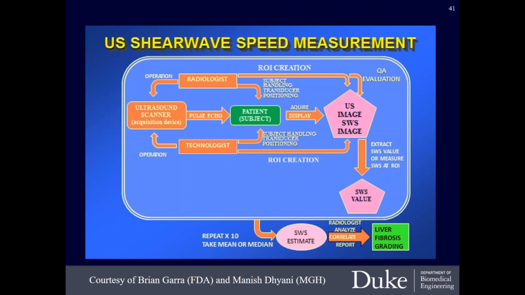This is just showing from the profile, the draft version, the general workflow of all the different primary blocks to making a shear wave speed estimate and how that could be correlated to liver fibrosis grading. What we're really looking at right now are all the different imagers at a given institution who might be performing this, and making sure that there are aspects of the profile in place that guide the actual data acquisition, and do that in parallel with what the technical compliance would be, which would get more at the accuracy and variability of a measurement in a calibrated material.